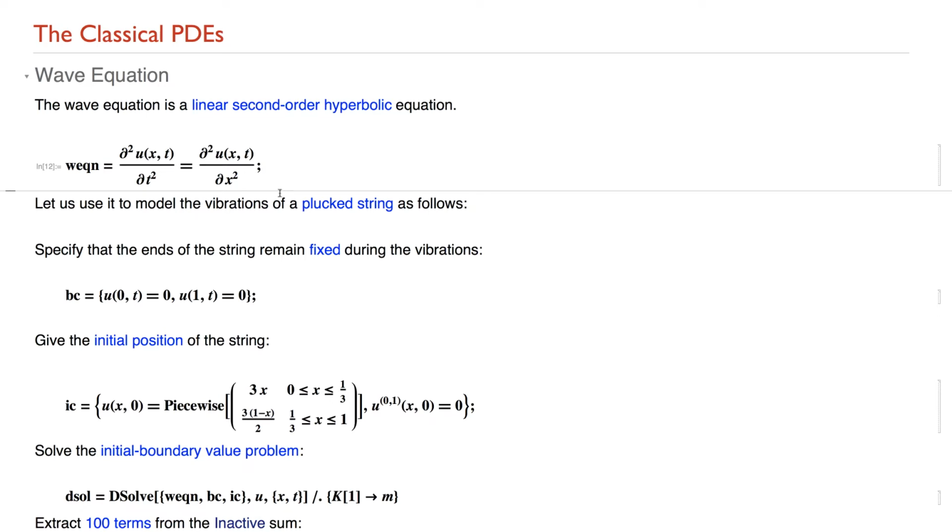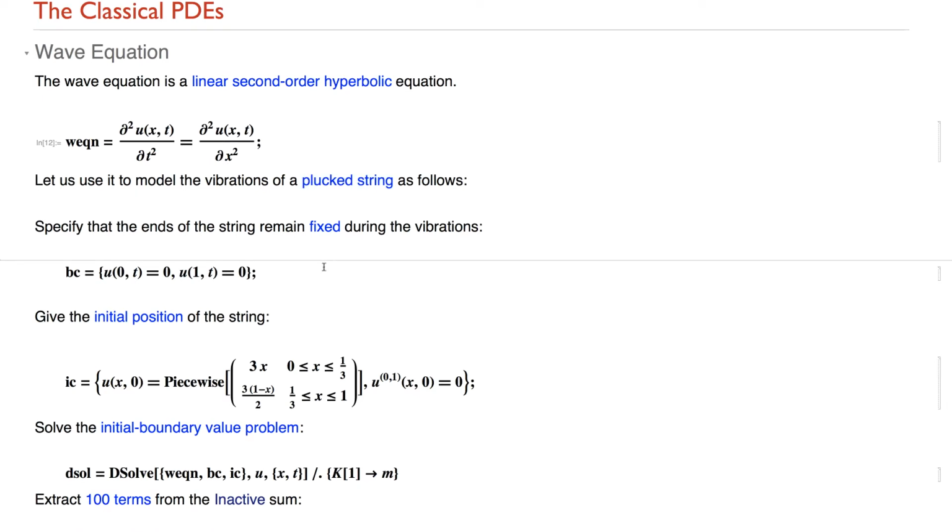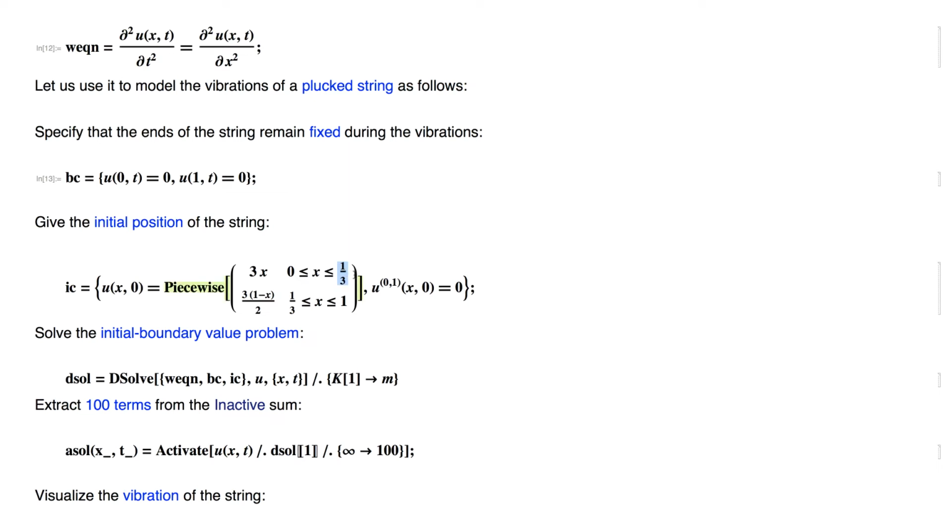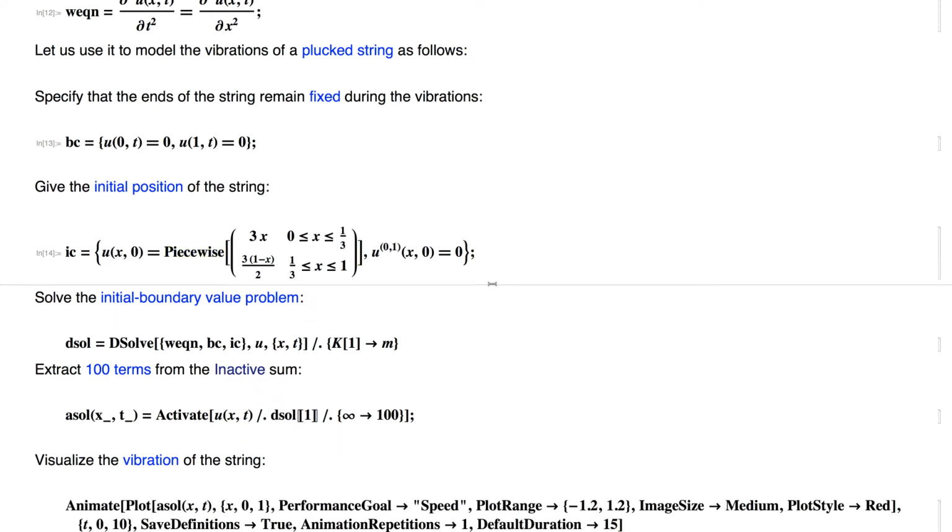To see that, let's look at a plucked string over here. For the plucked string, let's say we assume that both ends of the string remain fixed during vibrations. That's a good assumption. We then pluck the string, let's say 1/3 of the way from the left. And once we've done that, we let the system go, and DSolve can then solve the wave equation with these